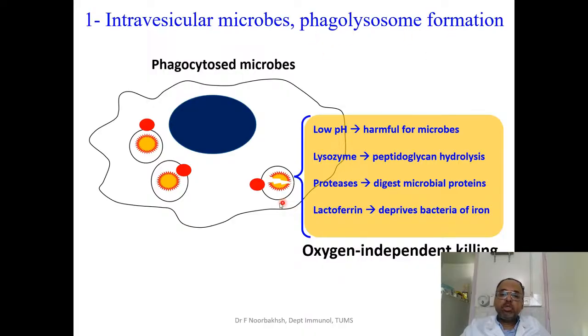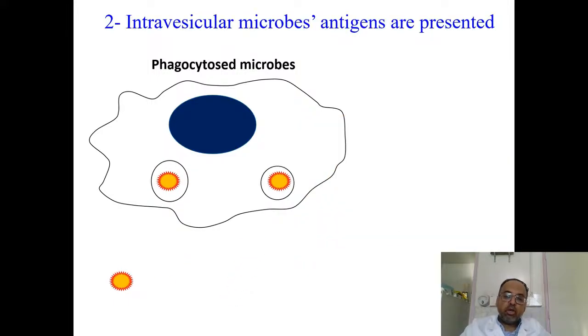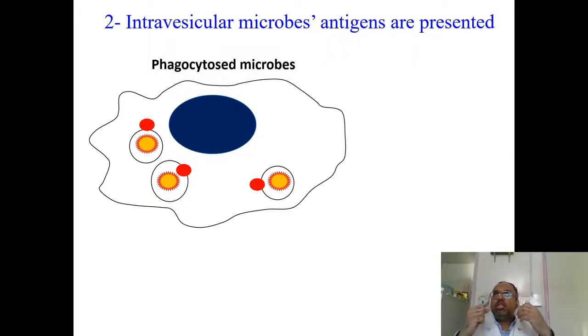And as you can guess, the pathogens that are killed in here are the ones that do not live inside vesicles. They've been phagocytosed as a part of defense. So they don't like to be there, but they get phagocytosed. What about pathogens which can live inside phagosomes? Like Mycobacterium tuberculosis is a good example. So these pathogens have developed ways to survive inside phagosomes. So mere phagolysosome formation and oxygen-independent killing are not going to be sufficient for the removal and the killing of the pathogen. So here something interesting happens.